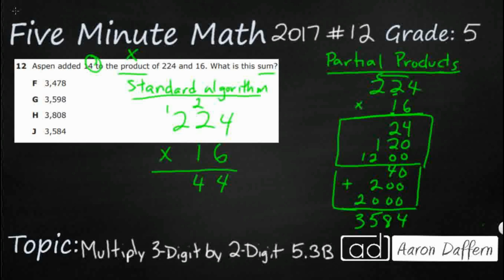So 6 times 2 is 12 again. We're going to add that 1. That's going to be 13. So if you were to take 24, 120, and 1,200, you get 1344. So we took 3 rows, put it in 1 row. That's what we do. Let's put a 0 here, because remember, we're going to multiply by this 1, which is